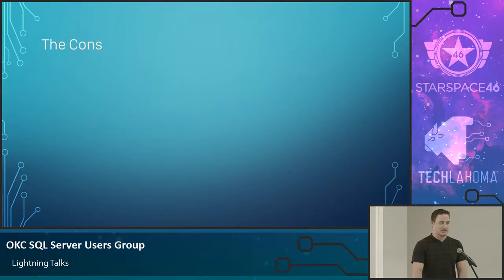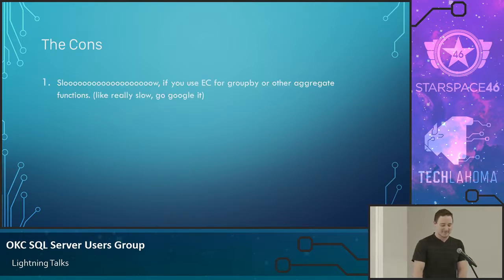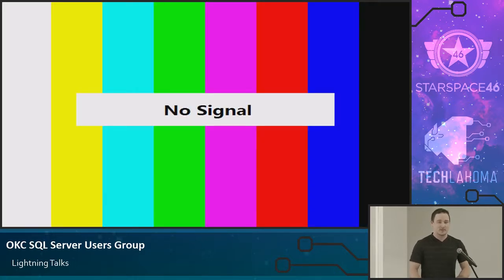Cons, here comes the good stuff. Now, caveat, a lot of this is going to be backed with data, and you can go find it on the interwebs and on Reddit and stuff like that. Some of this is going to be my personal opinion. My personal opinion as a JavaScript developer may not mean too much to somebody who's a C# developer. So take it with a grain of salt. It's very slow. If you use Entity Core and kind of an Entity Framework for the most part,